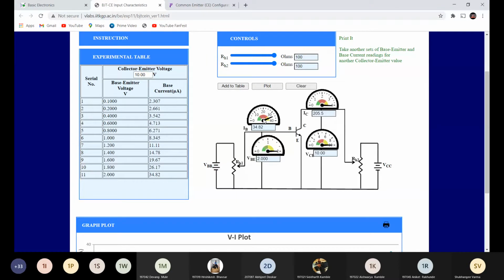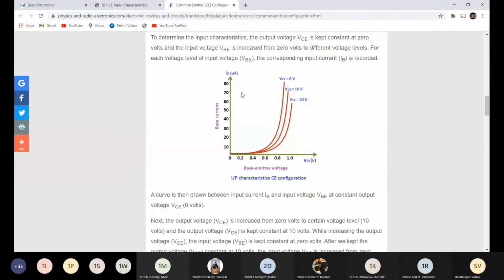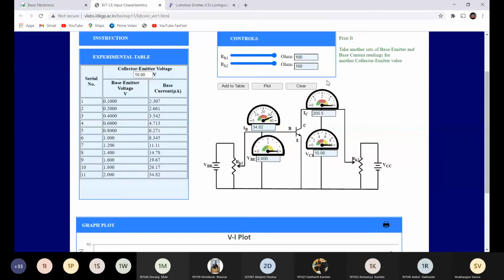Okay. Now after taking values for 5 volt, clear the reading. Again you will get a graph like this here. Okay. And after this again clear the reading and keep the voltage for 10 volt. So here for VC is 0 volt, not 0 exactly. We have taken readings for 0.1 volt. First keep the VC at 0.1 volt. Perform the input characteristic. Then clear the reading.